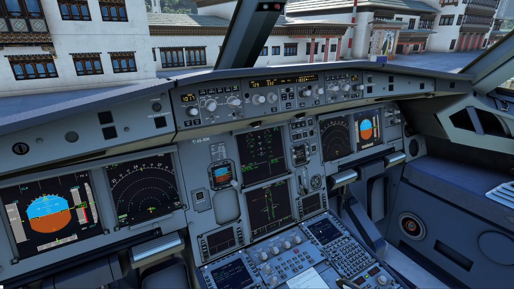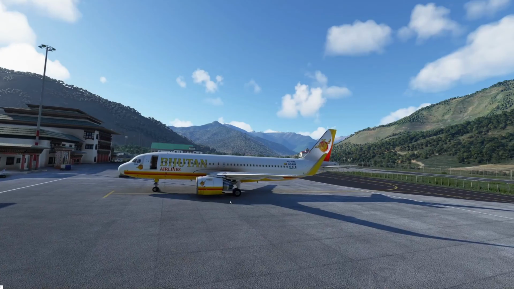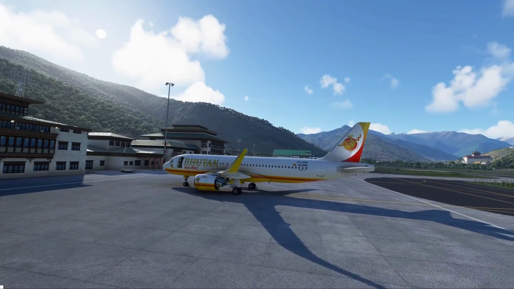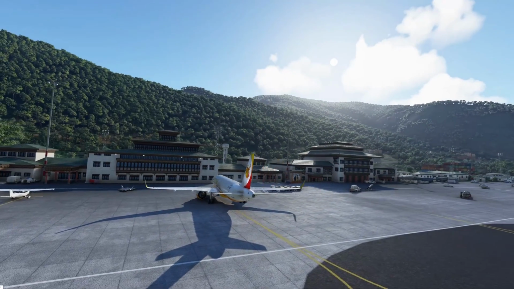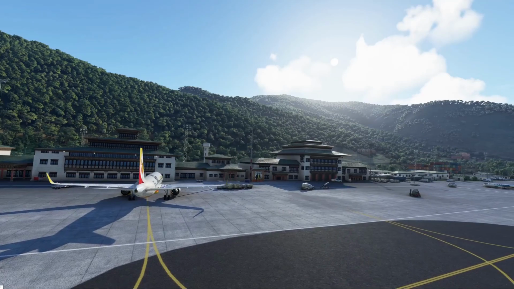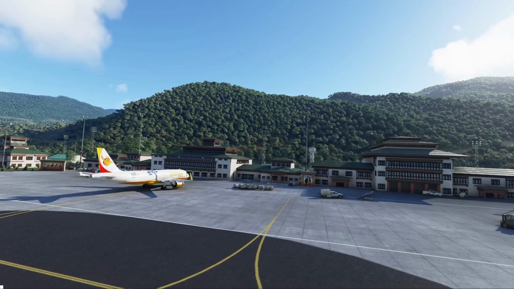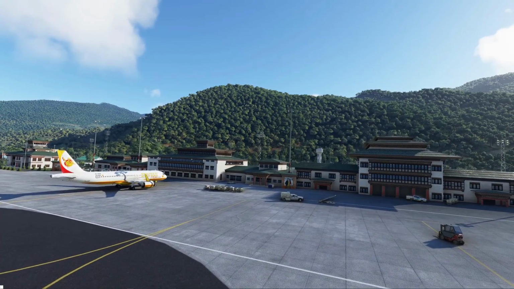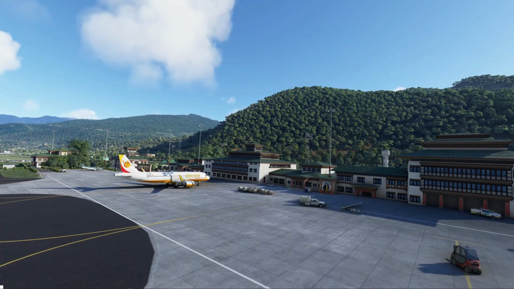Right, guys, that's it. I hope you enjoyed that, and wow, it certainly was a challenge for me anyway. This airport is a really, really fantastic looking airport. It really is. And this is stock scenery. Nothing added, nothing taken away. You can see it's even got pictures of most important people to the area and the nation.